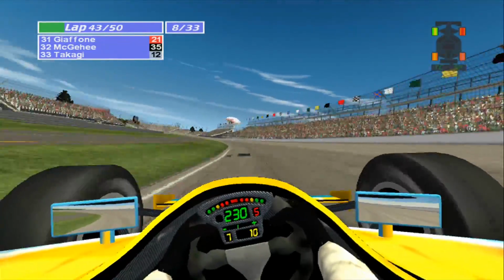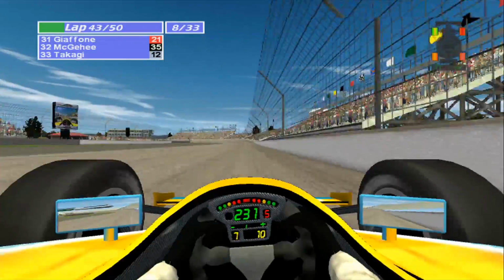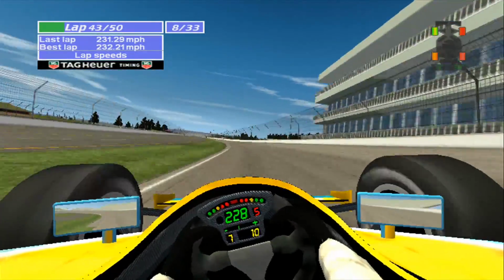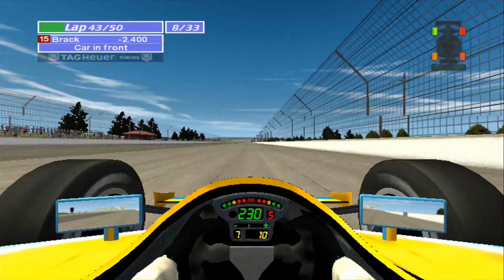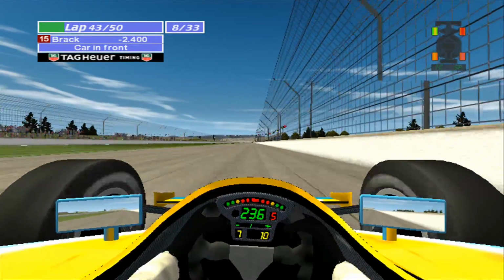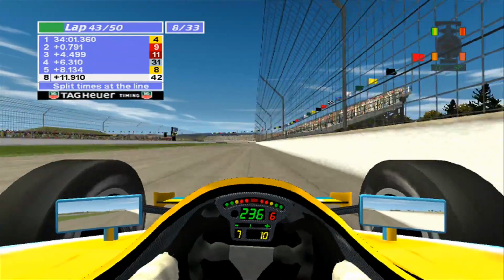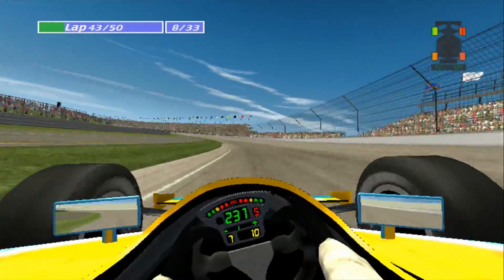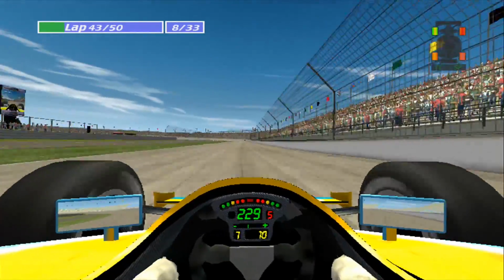All the way down to the white line. And I'm starting to really close in on Brack here, so I think we're going to get him very shortly. We're running in the 231 mile per hour range. So these are fantastic speeds for race conditions. If we couldn't win this thing, I'd say we chose the right strategy here at the end